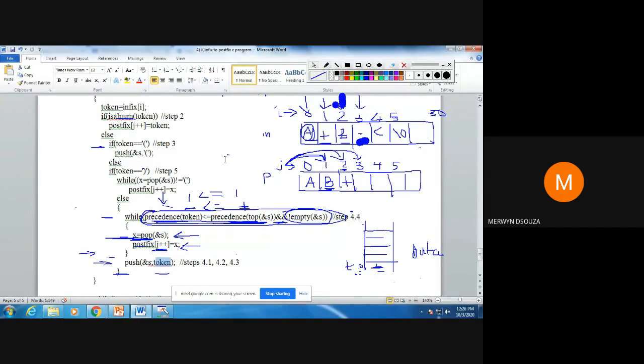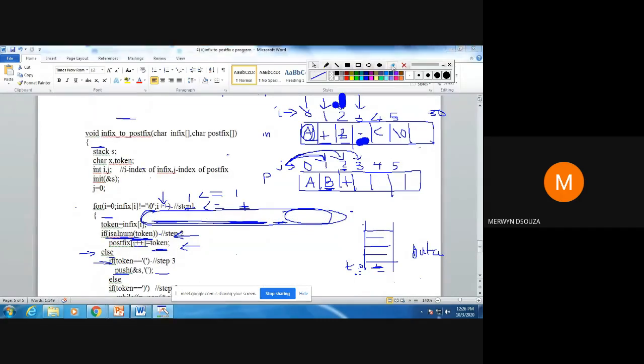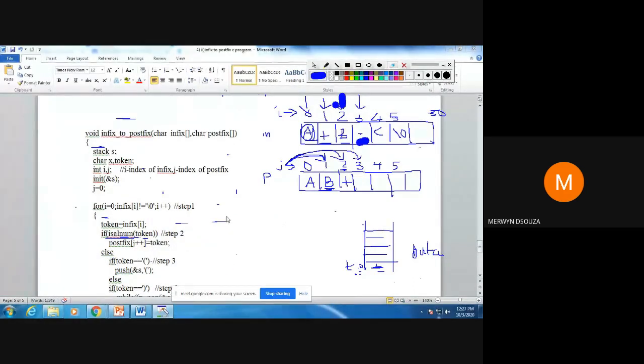Once you do that, increment the value of I. When you increment the value of I, now you are going to read the next value in your array, which is C. So now token will contain C. Check whether it's alphanumeric.